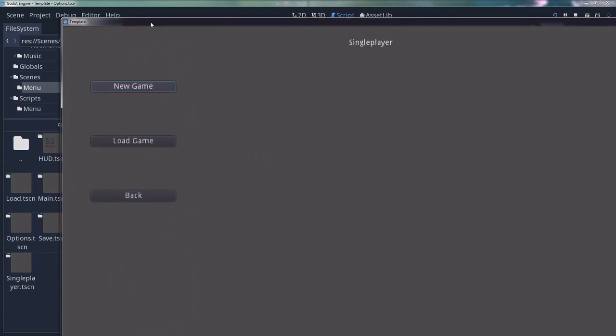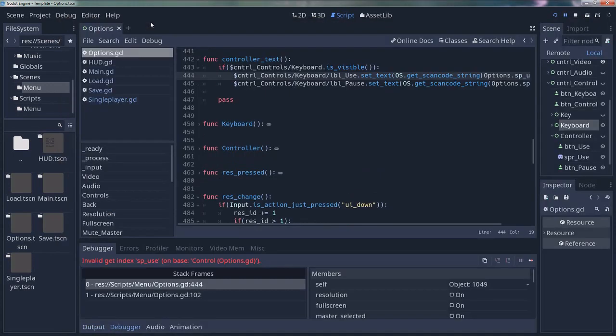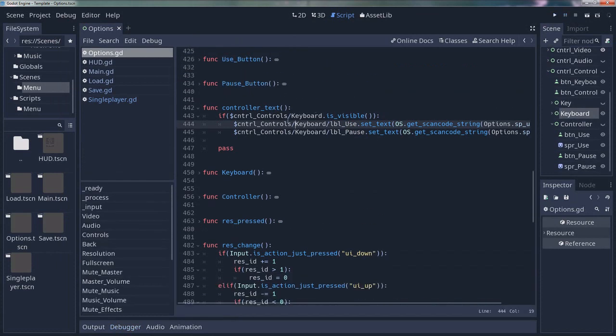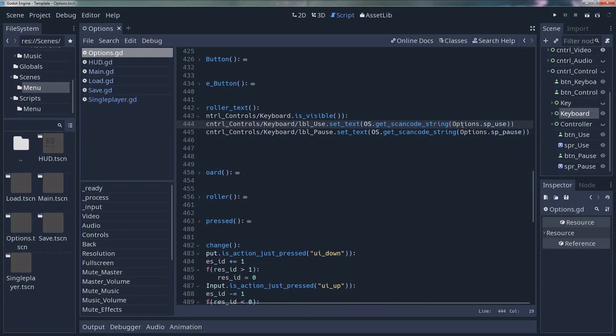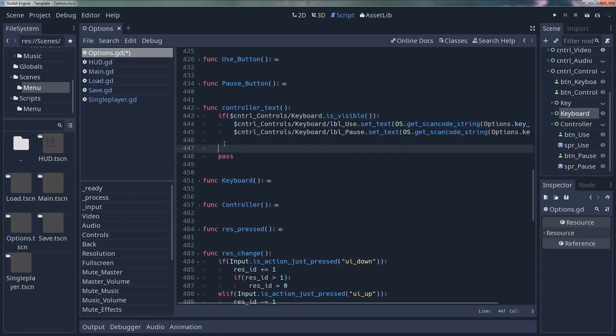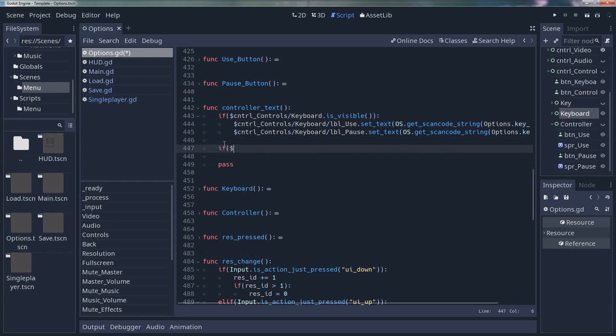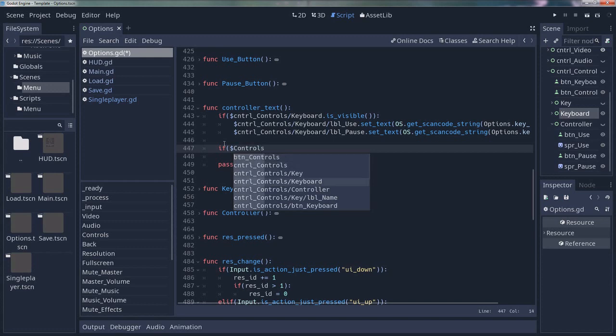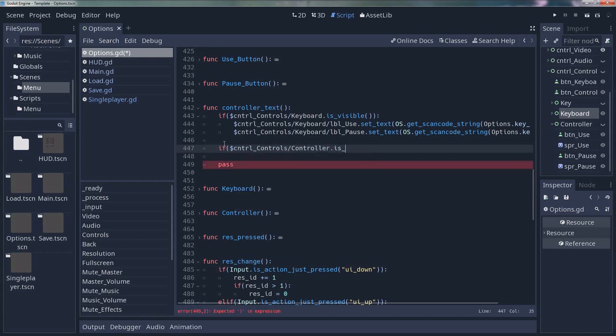I can scroll down, single player, back, options. What was wrong with my options? Oh yes, I actually forgot about the controller text here. So in our controller text, our label use dot our options.spUse is now key use, and our sp pause is now key pause. And what we also need to do is put in a new if statement. So if button controller dot is visible,